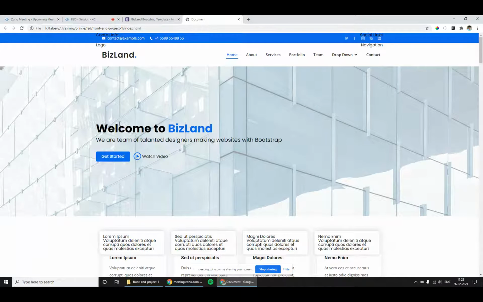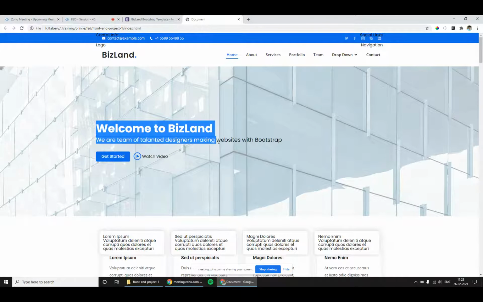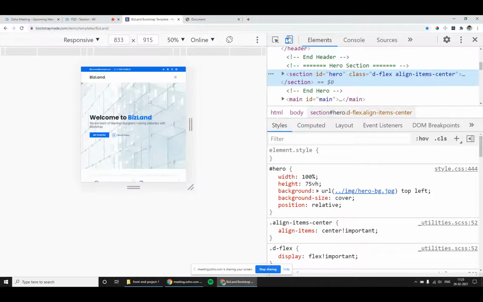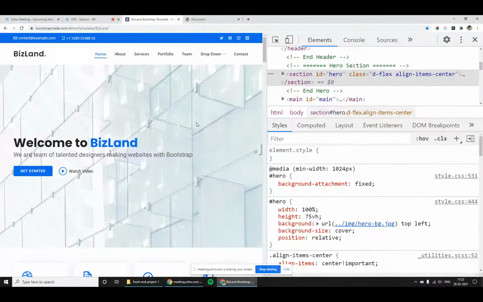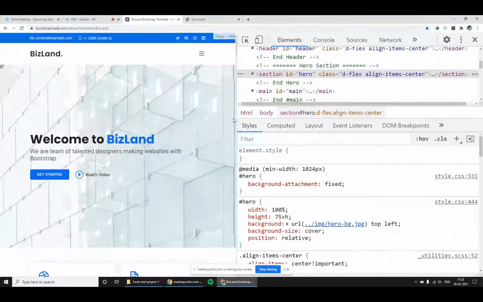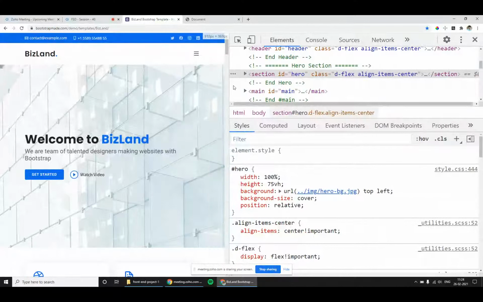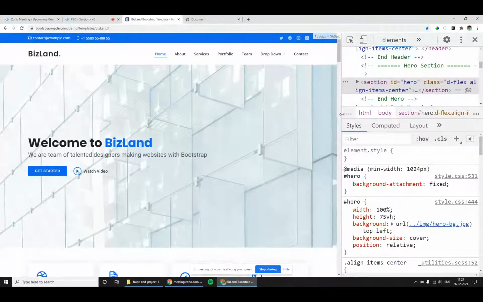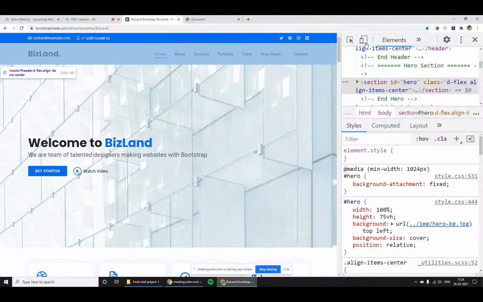So let us see how the banner section is in our target website. Let me inspect this and let us check whether it is responsive page or not. Yeah, it is responsive page, because when I resize the screen, I could see difference in the header. Okay, and as we know how to test